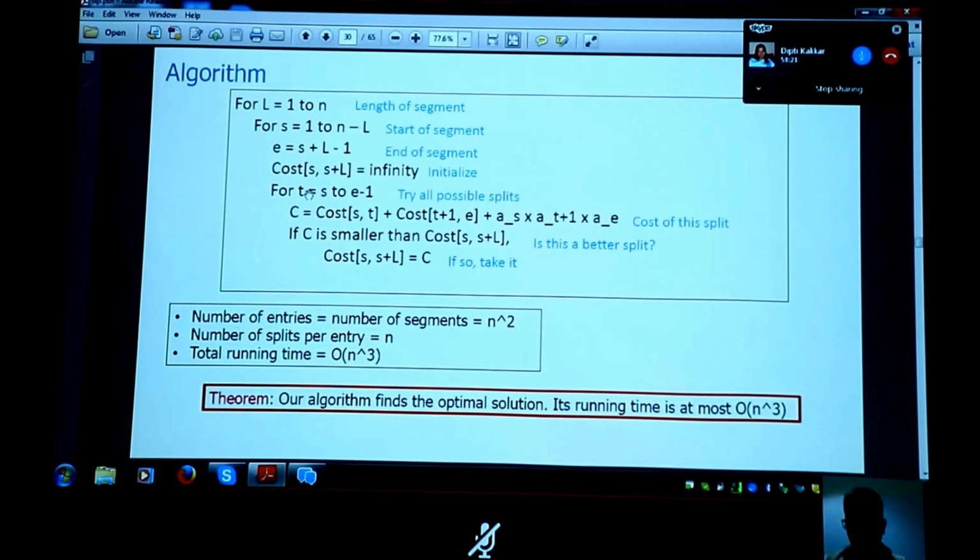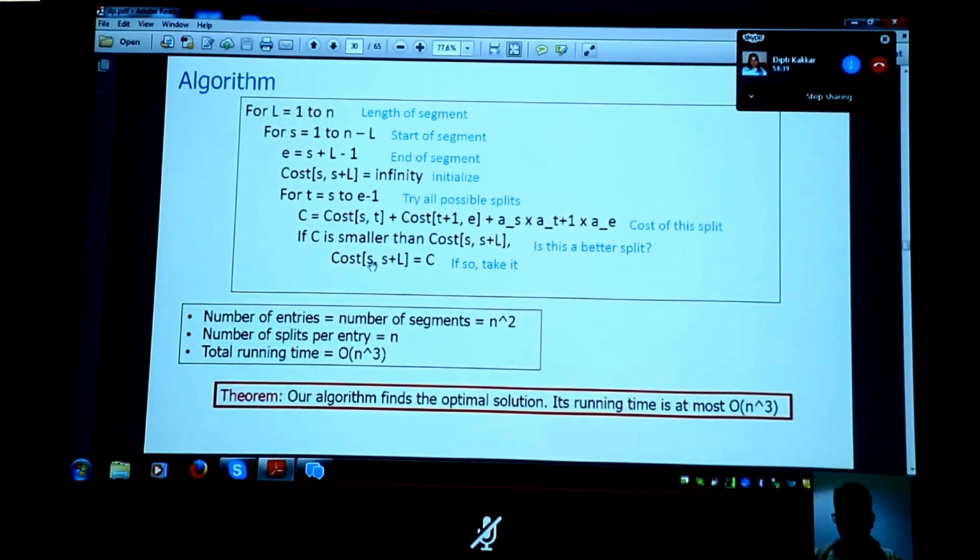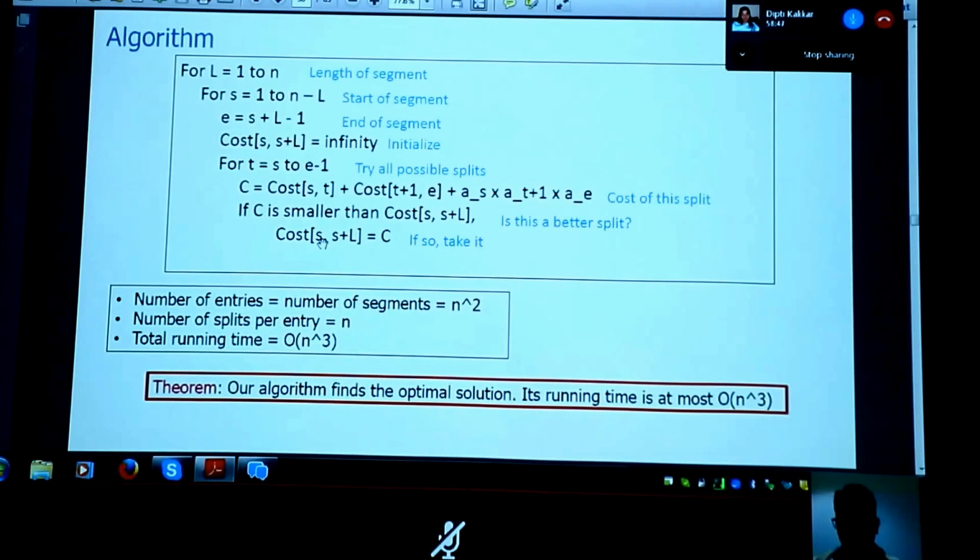It says that if you pick this split, I can give you this cost. Maybe this split is good or bad, I don't know. So we are going to compare it with other splits we have done so far. If this C is smaller than whatever I have done so far, then I take it. I just store it and go. This is just like taking the min over these T choices. That is the recurrence relation. That's the whole program. There is no recursion here. That is an explicitly memoized program now.